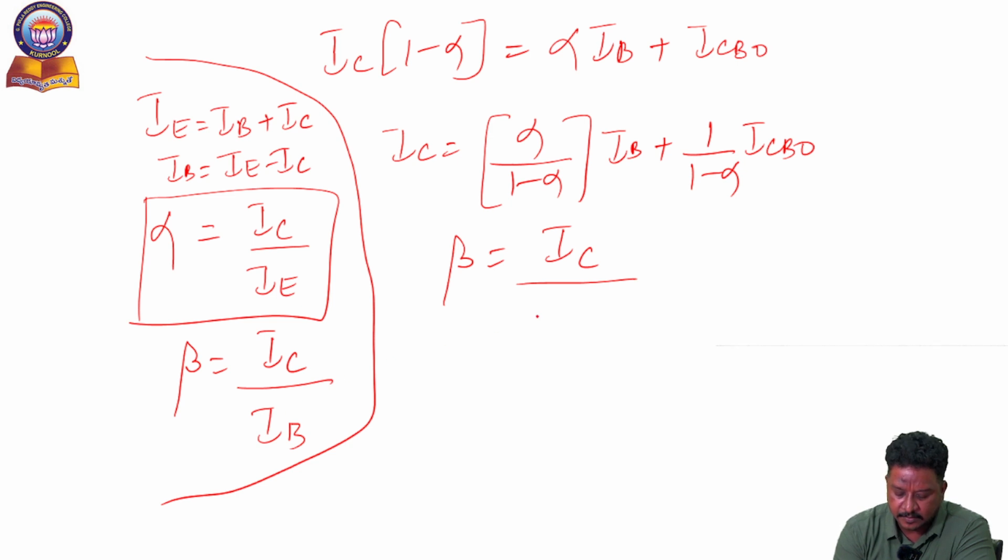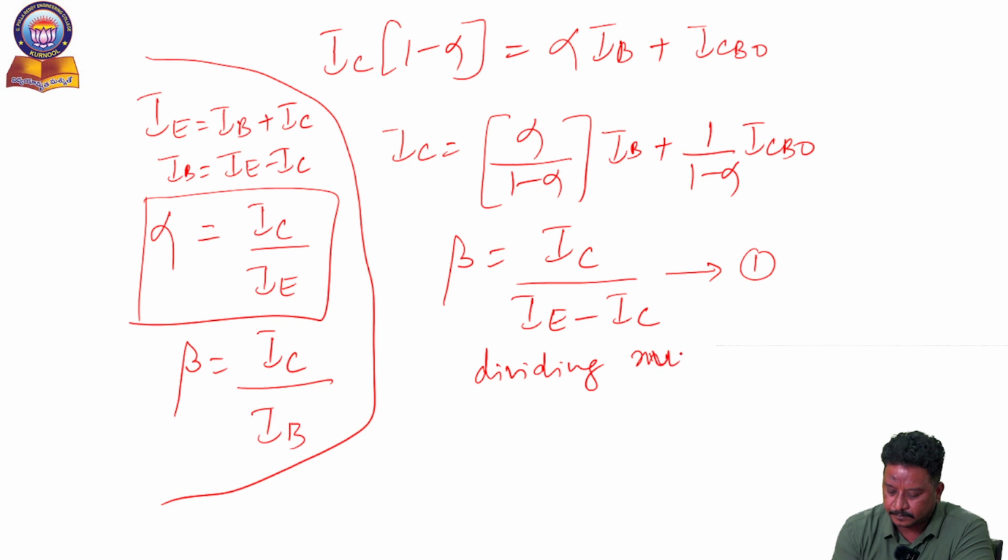So in the place of IB, I can consider IE minus IC. This is equation 1. Dividing numerator and denominator by IE,